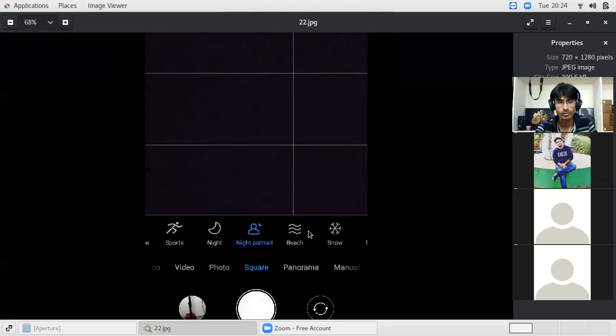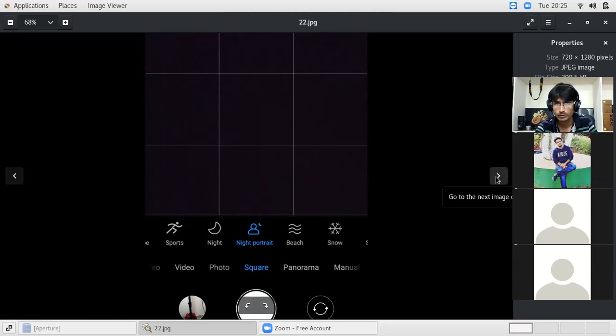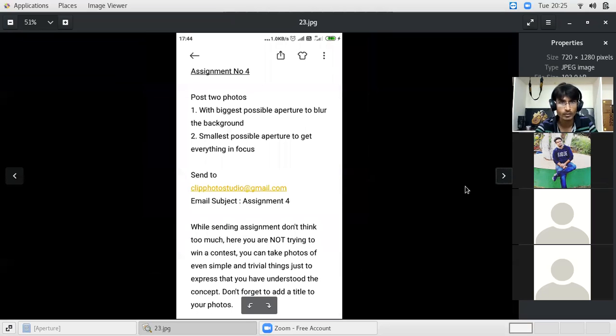Similarly, at night time, if you are trying to take a portrait where the amount of light is less, like in street light or in some party environment, you can try night portrait mode. In this mode also, the phone will try to provide you the biggest possible aperture, as well as try to control the ISO setting so that more light can be captured and you will have the feeling of an adequate amount of light in the particular photo or frame.